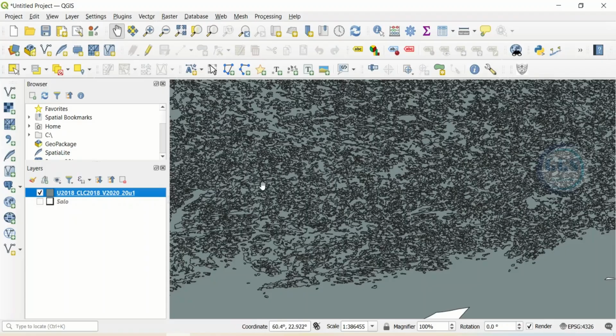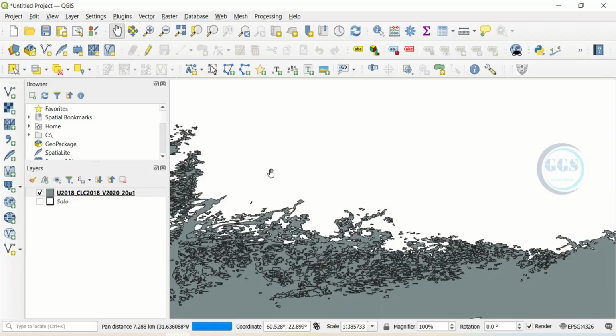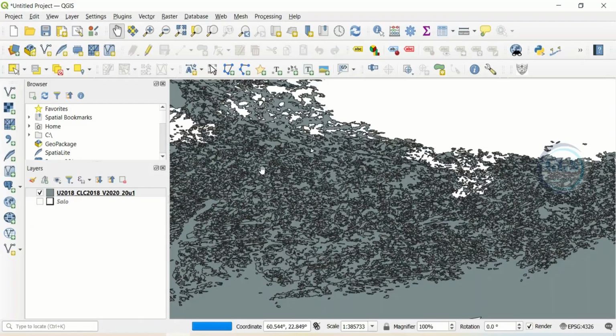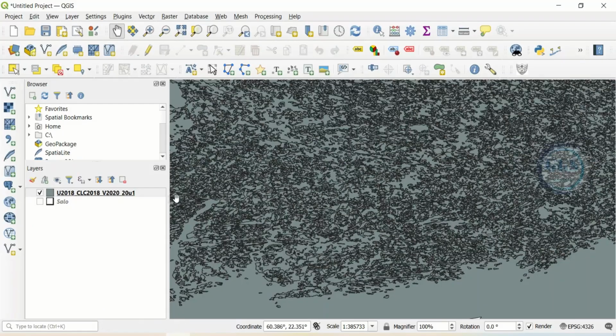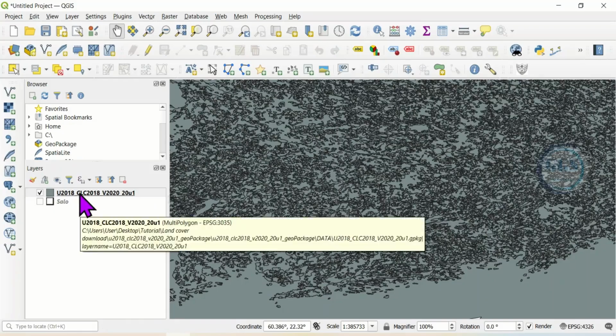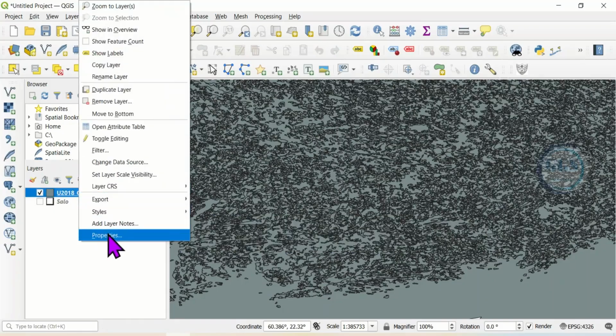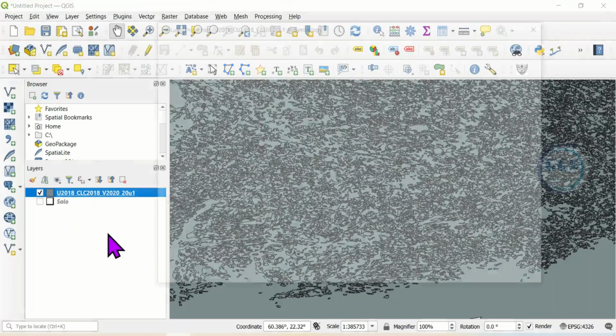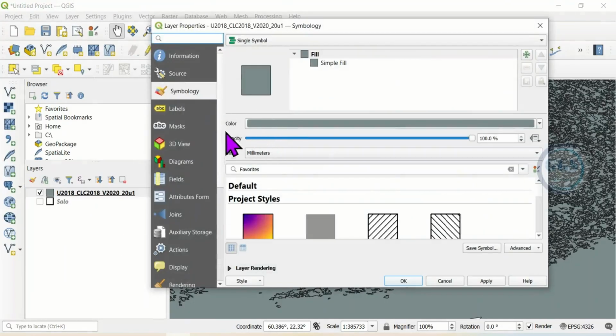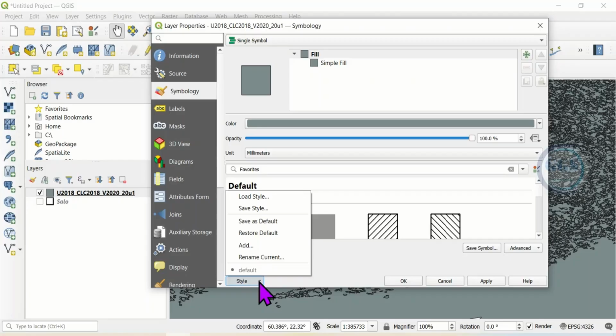Now if you look at it, because it is a geopackage, it did not load the legend. There is a special way of loading in the legend, and to do that, come to that very layer, right click and come to properties. When the properties open, make sure you are under symbology, then here under rendering, click on this style and then